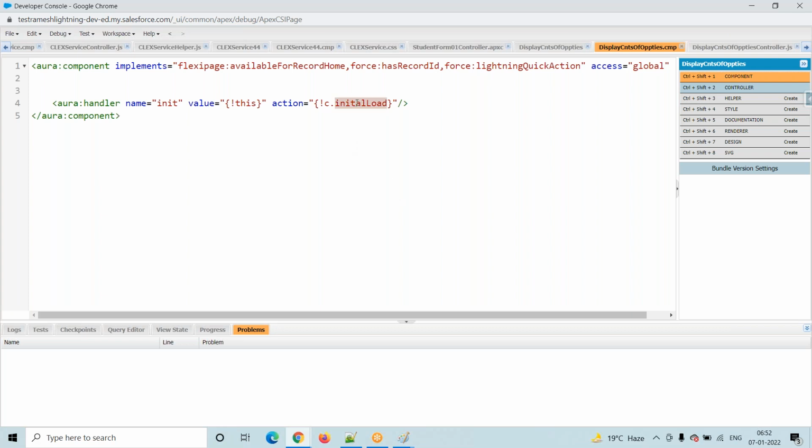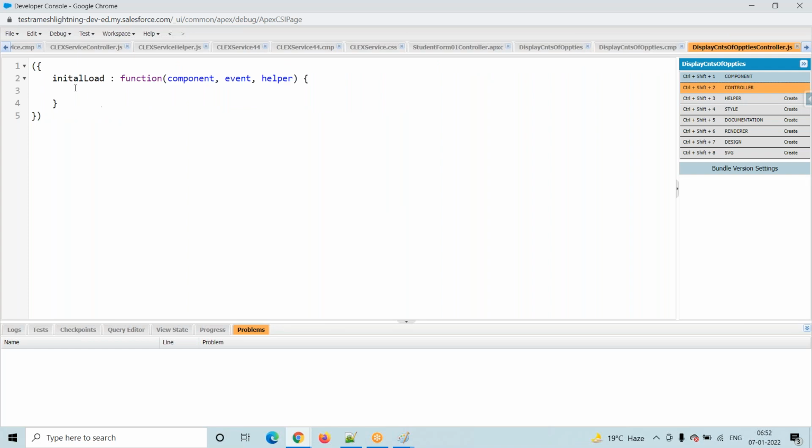Now where will our request go? It will go to this particular method. This method name is as we wish. Now I will forward my request to the helper, call initial load, any name, it doesn't matter. So I'm forwarding my request to the helper by using the same parameters. Now coming here, and one more thing, here it is coming into the controller or not. How will we identify?